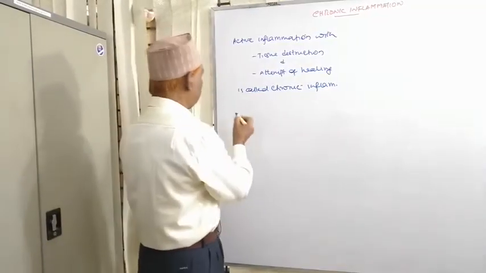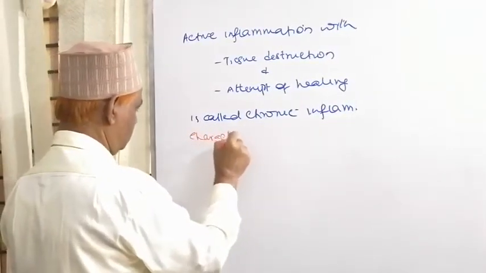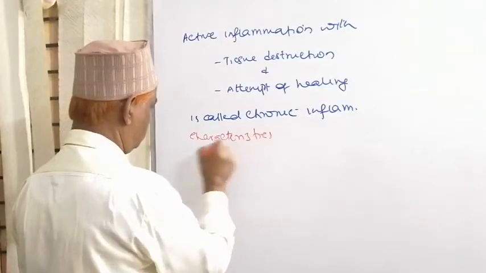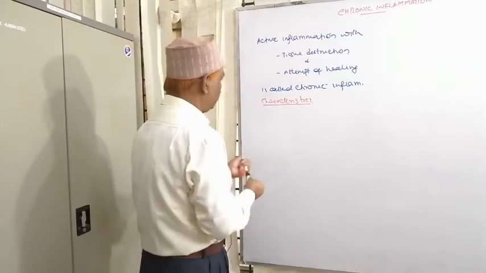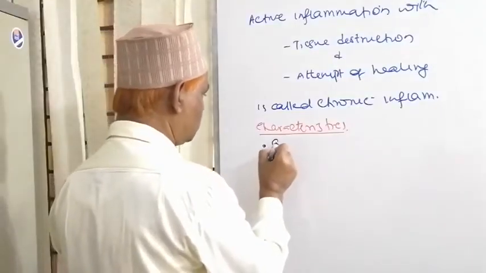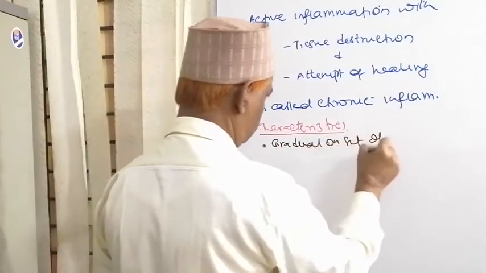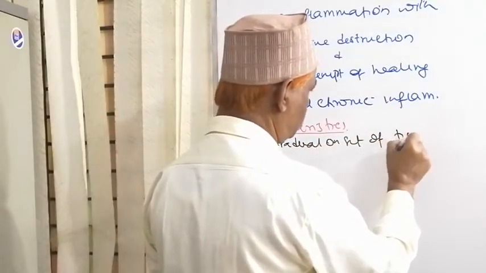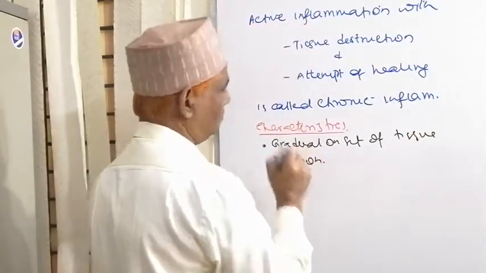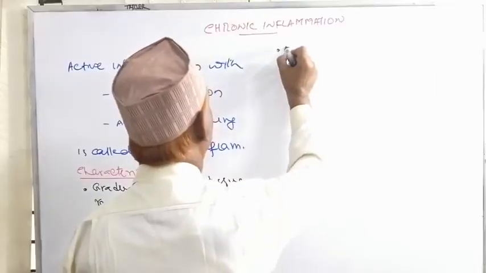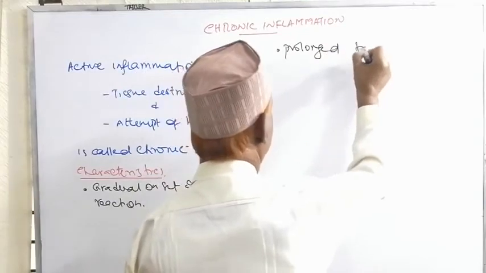Now come to the characteristics of chronic inflammation. The characteristics are gradual onset of tissue reaction, then prolonged tissue reaction,